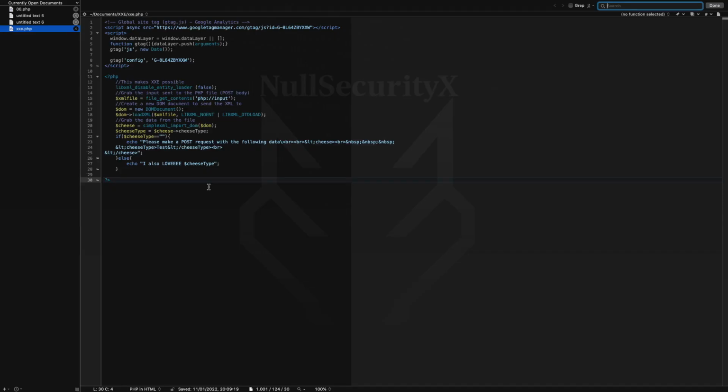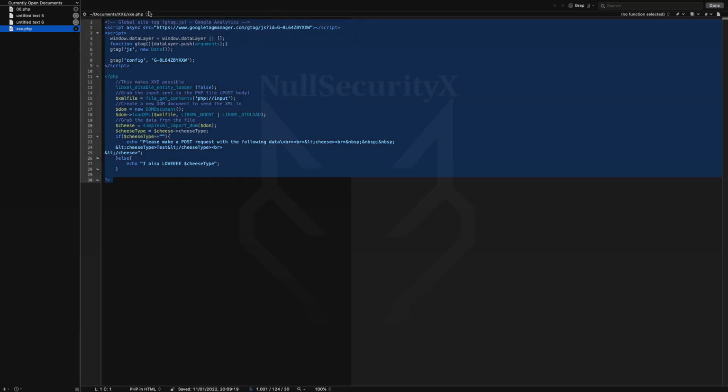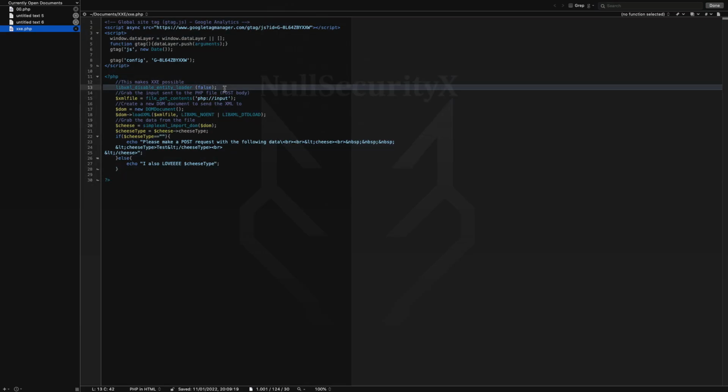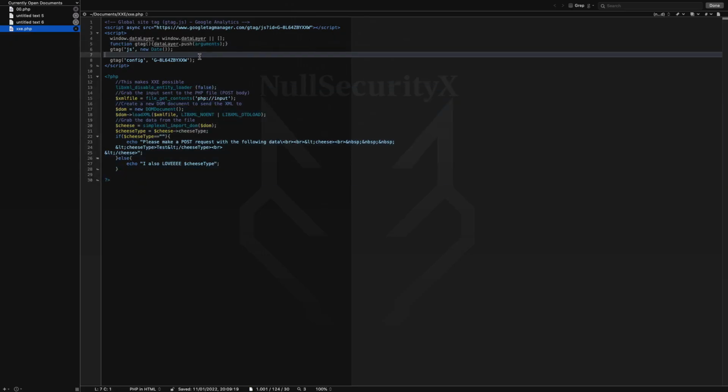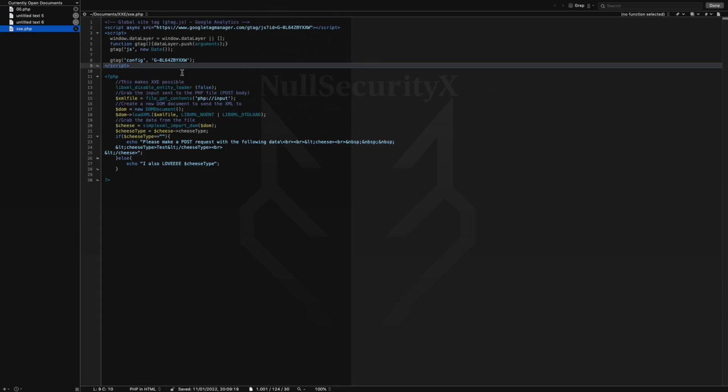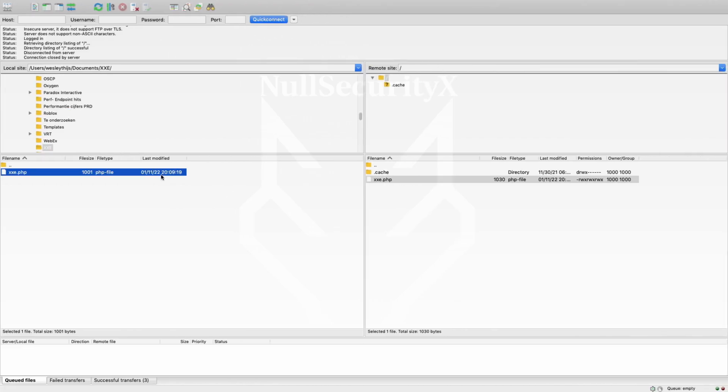So let's move on to XXE, or XML External Entities. The code you see on screen is the code you'll find in the course as well. Without this, of course, this is going to be my analytics tags. But basically you can copy this code, paste it into a new file, and then upload